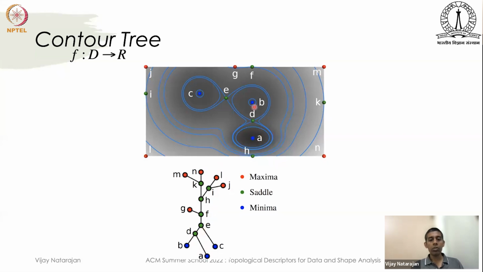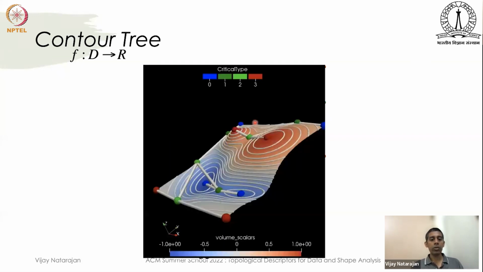So there were contours formed from A and B. These contours grew, and then they merged at D and formed a single component. So here is a picture with an animation. There are two minima. The two contours are shown. That's the boundary of the black region. That's the contour. It keeps growing. At some point of time,